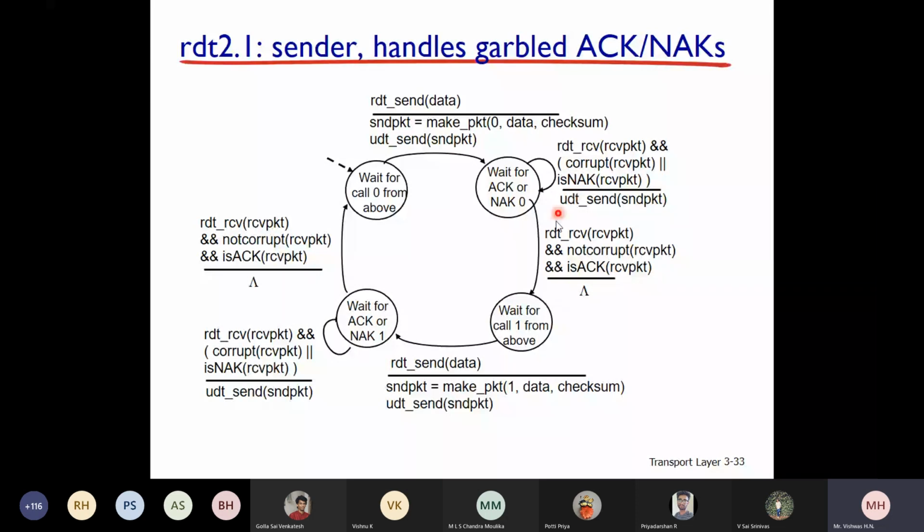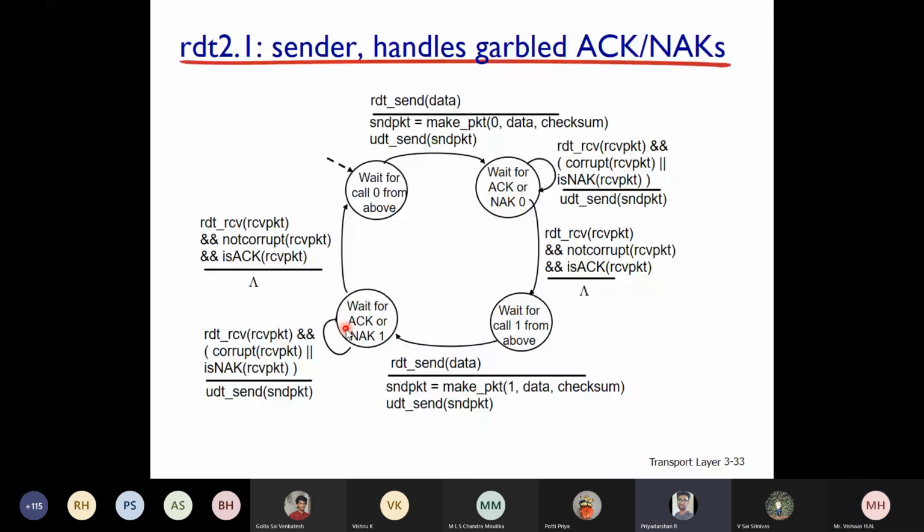And what happens if you received a packet and it is not corrupt and it is acknowledgement? Do nothing. Go to the next state. Wait for call 1 from above, and the rest of these 3 things are the same as this. It's just the diagonal mirror of this. Instead of 0, you will have 1 here. Is that clear, students? Any question here with the RDT 2.1 sender?